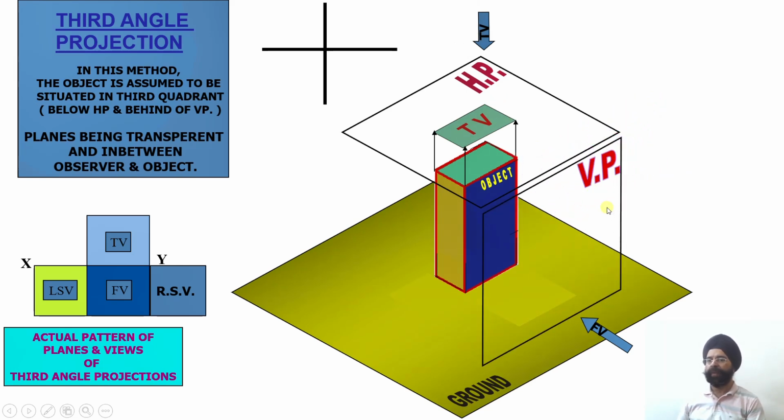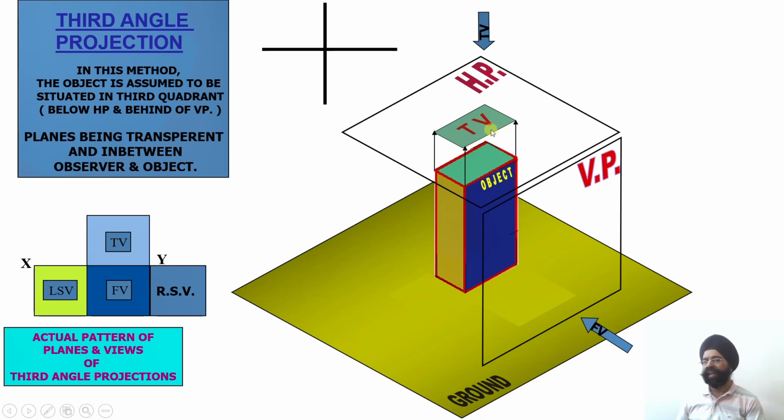So in the third angle projection, what is the sequence? My observer is located here, the plane of projection is intermediate, and then the object will be located. Similarly, from the top, the observer will be located here, the plane of projection will be intermediate, and then my object will be located. So in the third angle projection, the front view is drawn below the XY line,